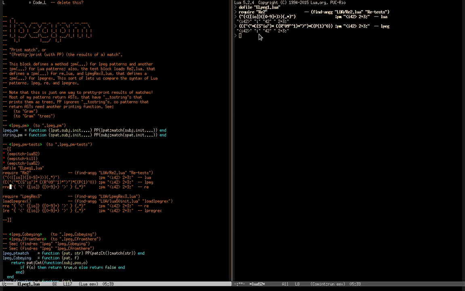And this strange thing here receives this string, runs a function that I have defined that converts it to an object of a certain class, and that class represents He patterns. So this thing is treated as a pattern for He.Lua, and it is matched against the string, and it returns the same thing as the other one.